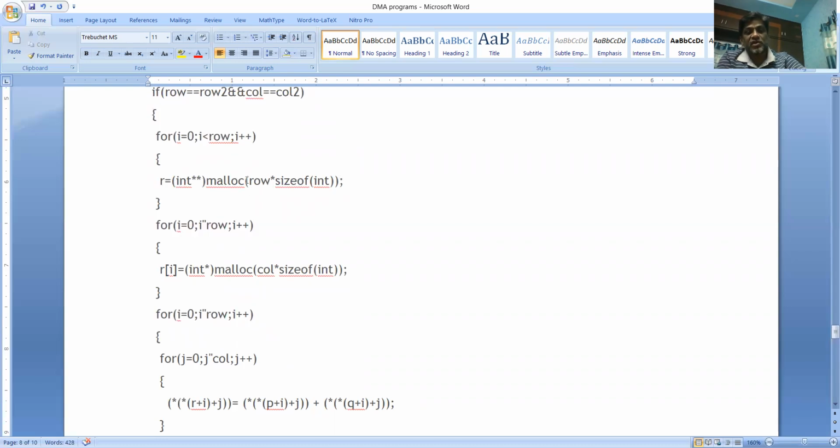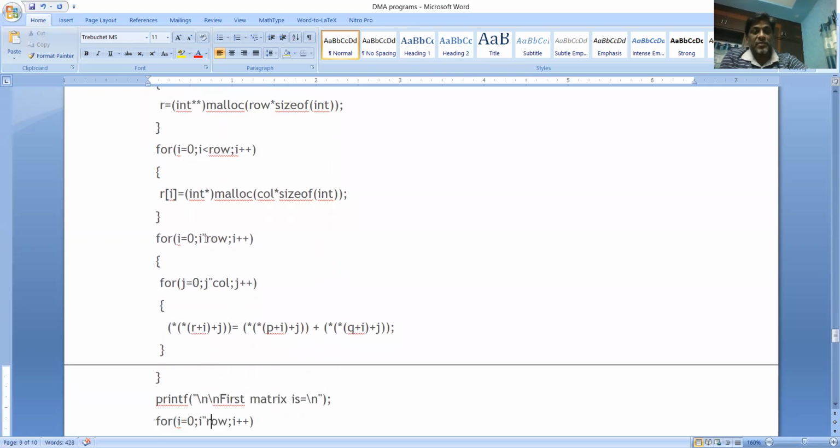This will create an array of pointers for the matrix R. And again, for each pointer, you need to create a 1D array by using R of i is equals to int star malloc of column into size of int. This will create 1D arrays for each row. Okay, just like we did it for P and Q matrices. So now matrix R is ready for storing elements. Now calculate the addition and store the result into the matrix R.